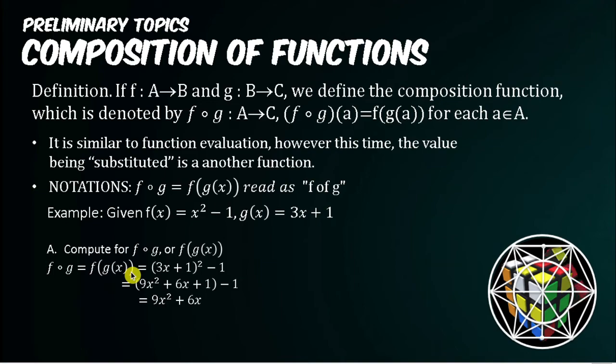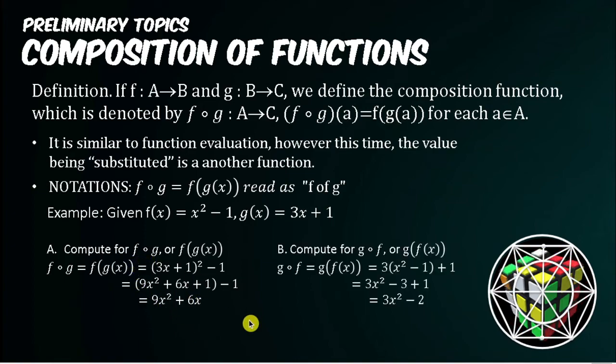Basic algebra lang to. If we are asked what is f of g, sometimes we write directly as f of g of x. Ayan, in-evaluate natin ang f, pero yung input natin ay mismong function. It's the input. So how do we do that? Of course, we start from f. F is, asan yung f? X squared minus 1. Yung x, mag-i-input tayo dyan, it's just na, hindi nga lang siya number, but an expression na 3x plus 1. So we have 3x plus 1 quantity squared minus 1. If we simplify this one, the answer is 9x squared plus 6x. This is the value of the